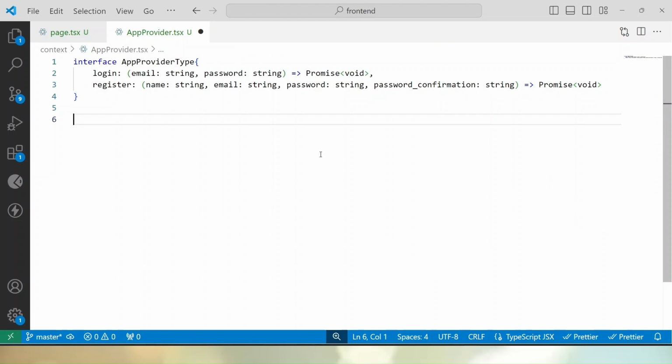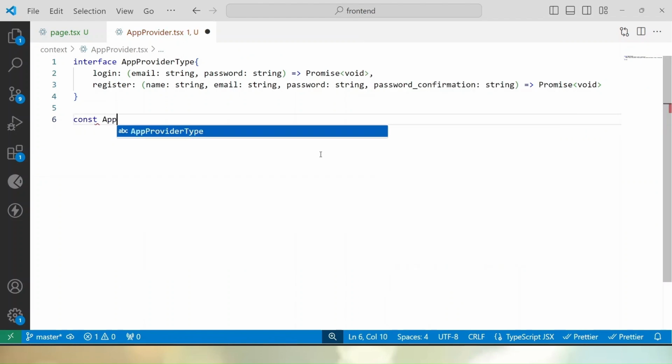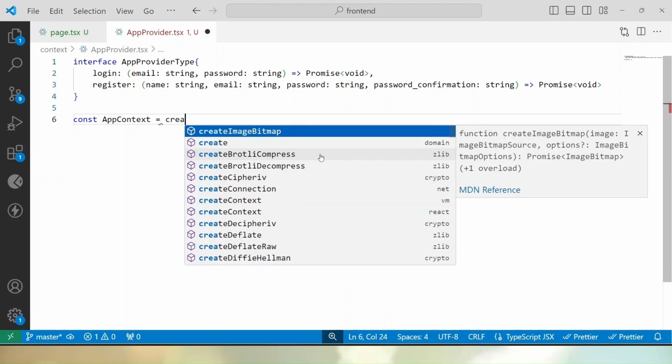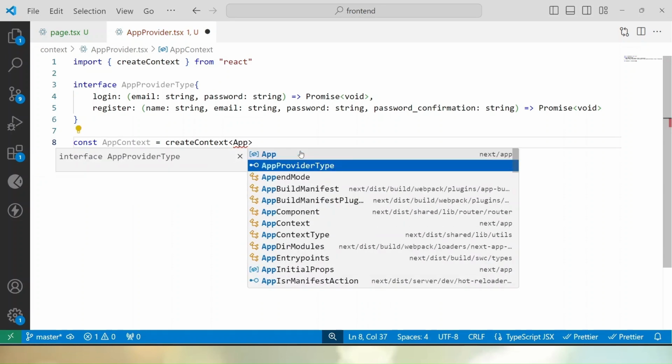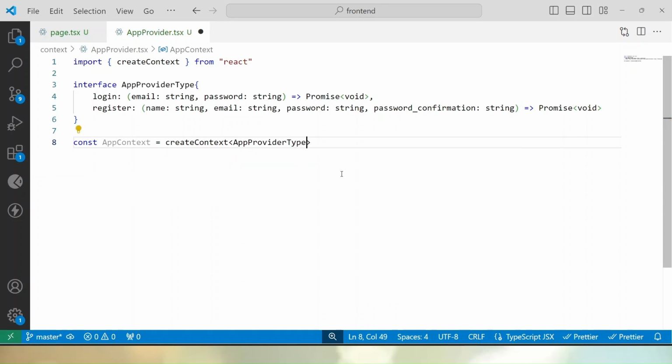Let's save these changes, and here let's say const, I'll create the app context first. So appContext equals to, I will make use of createContext, and automatically it will be imported from React. And then inside this createContext, it is of type AppProviderType or